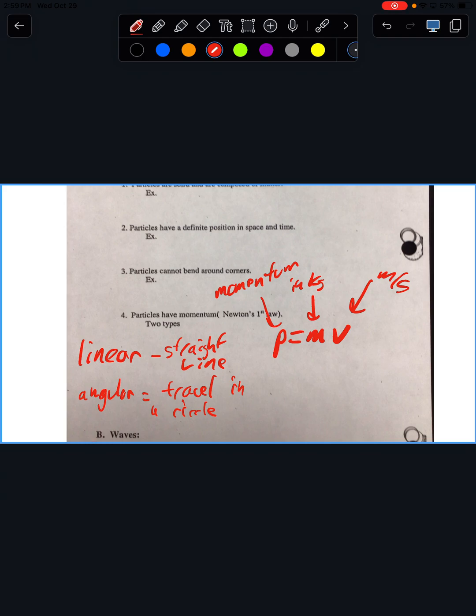So I'm not going to write the equation down for angular momentum. It's a little bit more complicated. It's not horrible, but you will learn it in physics next year. You will have to know the unit circle. You will need to know radians, and you will need to know sine and cosine. So pay attention in your math class so that when you take physics next year, you'll know your radians and your sine and cosine. Okay?